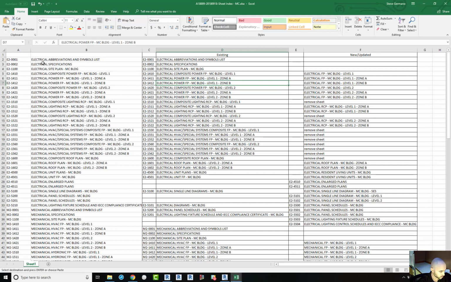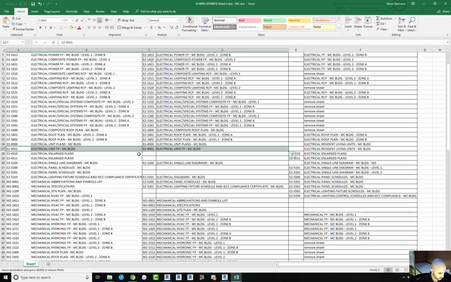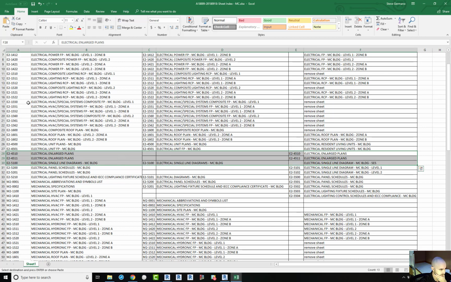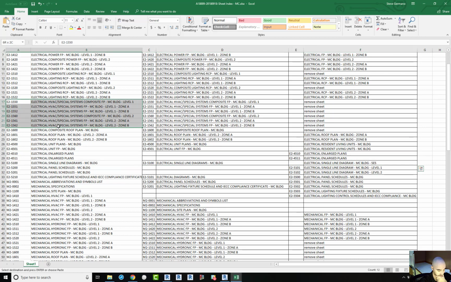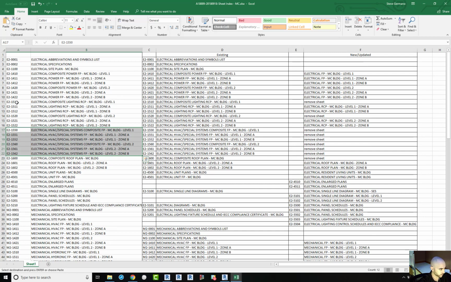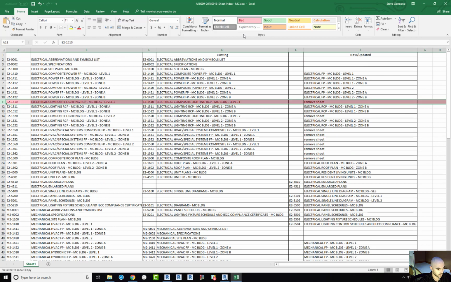Look, this should match up because I gave her this data. These enlarged plans are already in here. So I'm wondering, these never got removed, so we need to remove those. Let's start by doing this. Anything that needs to be removed,